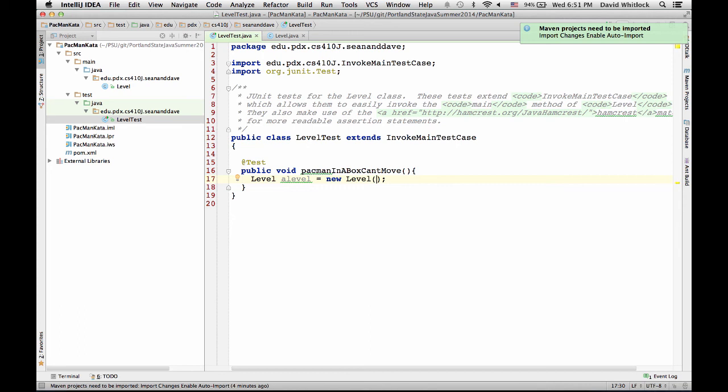I don't think we're going to instantiate the level directly. We'll let the builder instantiate the thing. So instead of just level, we'll have level builder.